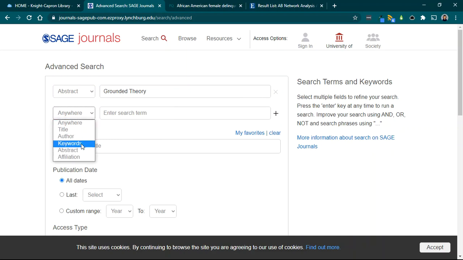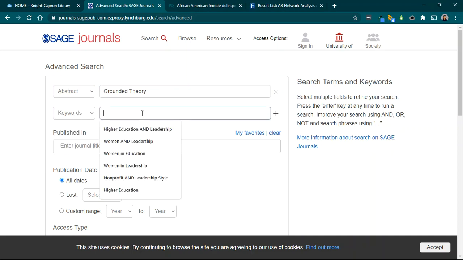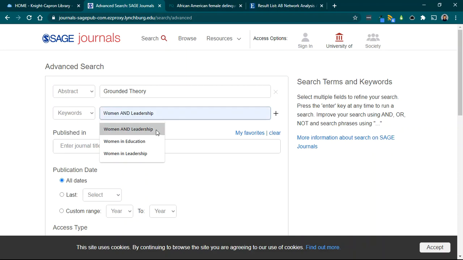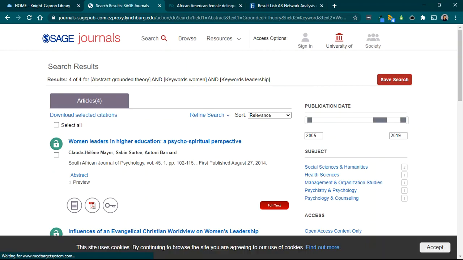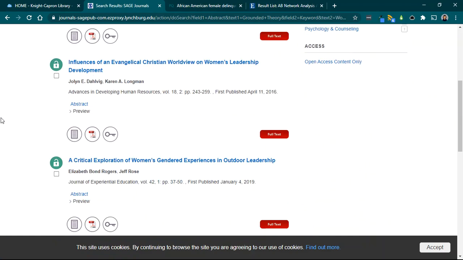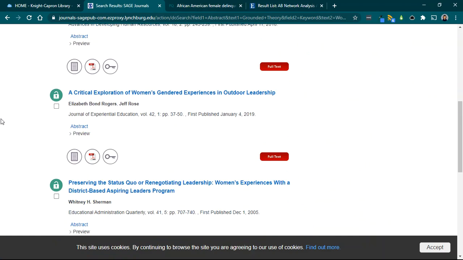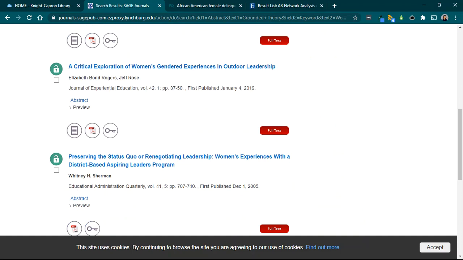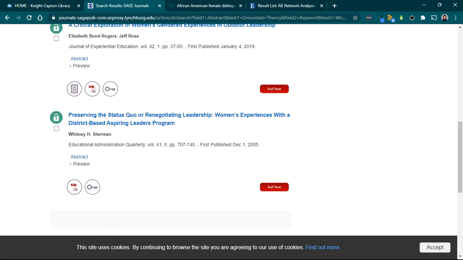In this case, I find for Sage it works a little better if I search in the keywords field, so that's what I'm going to do. So I'm just going to go for women and leadership, and we'll go ahead and search. And what follows is a list of every study in this database which looks at women in leadership in a